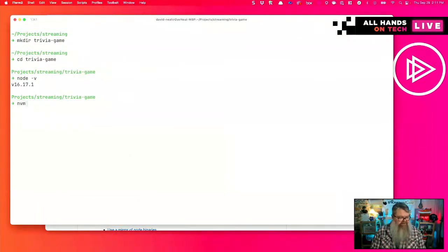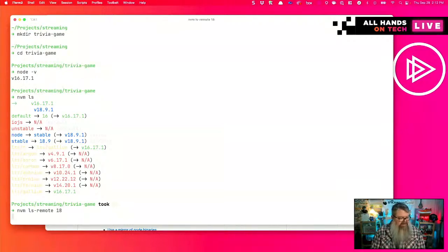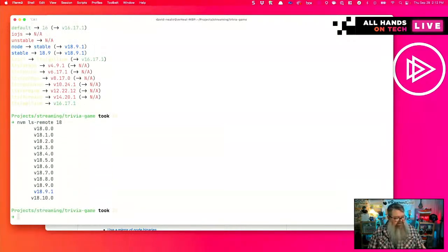So if I go here to my terminal and I type nvm ls, which is list, I can see that I've got installed on my system 16.17.1 and 18.9.1. Now, 18.9.1 is not the most recent version of 18. So if I type ls-remote 18, it'll list all the versions of 18 that are available to install.